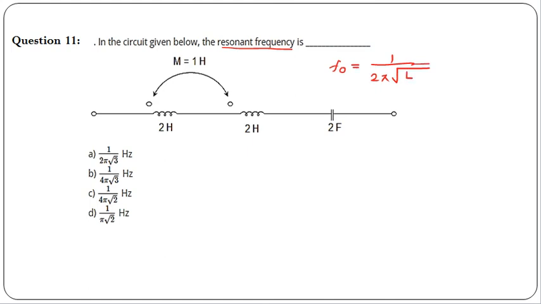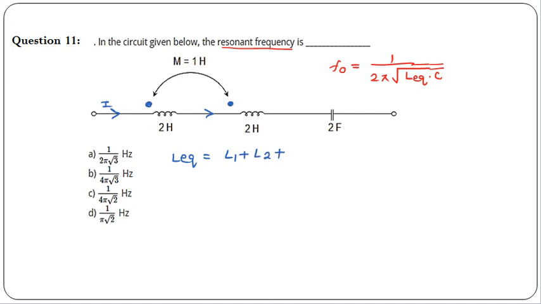So if you see this circuit, we have two inductors and they are mutually coupled. So here you will get L equivalent, and there is a single capacitor, so you have to write C. Now our aim is to find L equivalent. Okay, first we have to calculate L equivalent. If you observe both these inductors and mark the current, for the first inductor it is entering the first dotted terminal, and for the second inductor also the current enters at the dotted terminal. It means both have the same configuration. It means they are in series aiding.